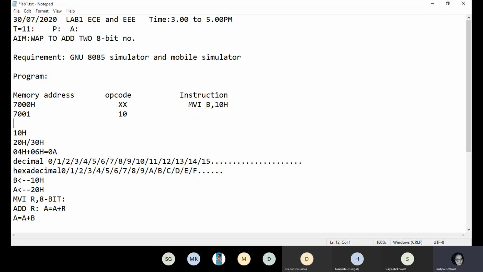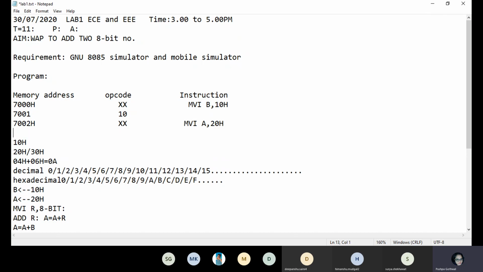Next, your third instruction is at 7002H. The opcode is written later, but I'm writing MVI A, 20H. This is also a 2 byte instruction, so at 7003 you will write 20H.